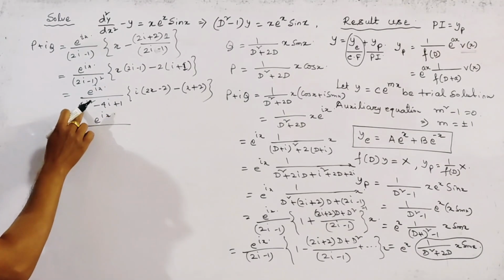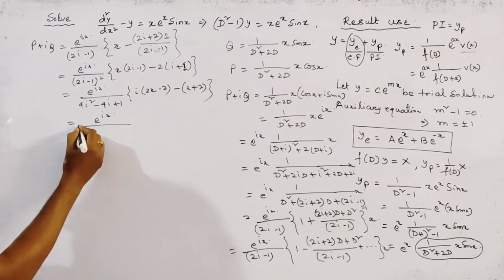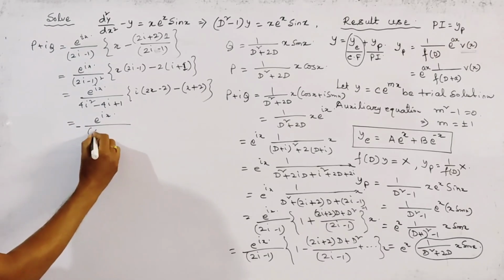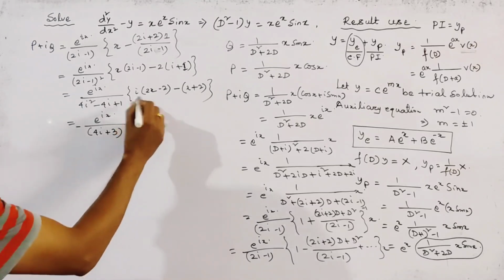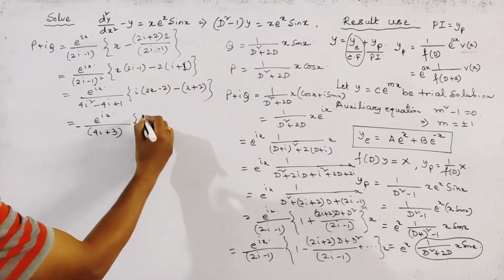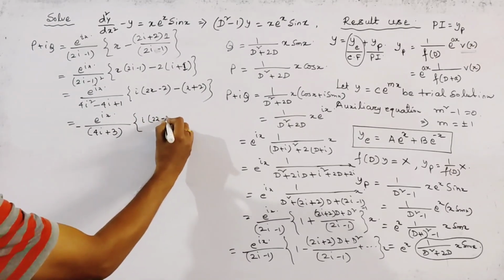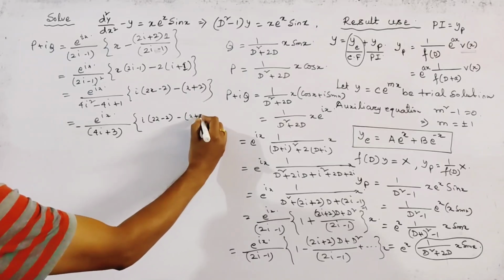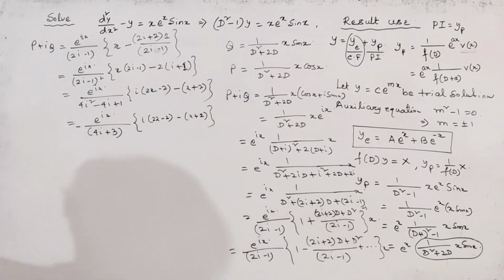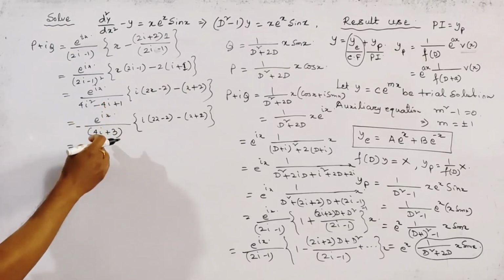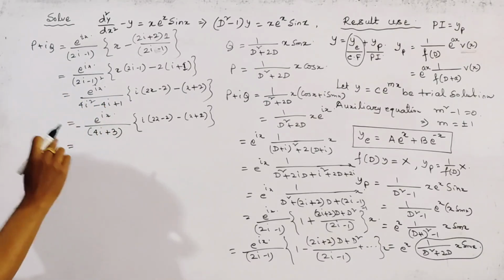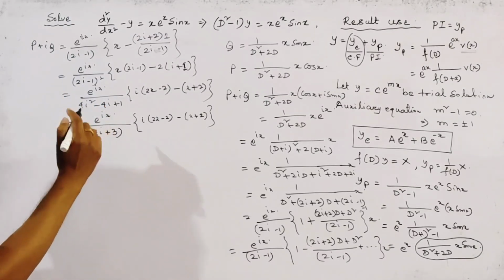Okay, and getting the result as e to the power ix by, now putting the value of i square, this is minus 1, we get the result, taking common minus from here, this is 4i minus 3, sorry, plus 3, and these two terms remain same, this is i into (2x minus 2) minus (x plus 2). Okay, and to eliminate i from the denominator, we multiply numerator and denominator by 4i minus 3,